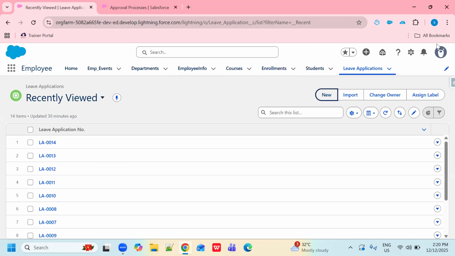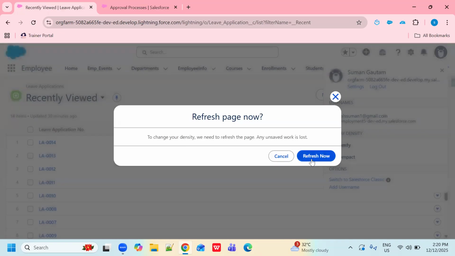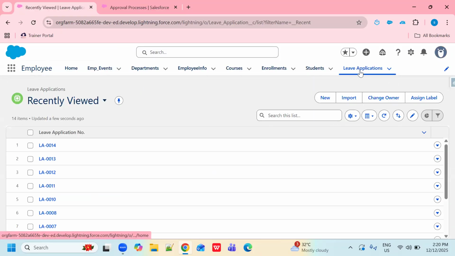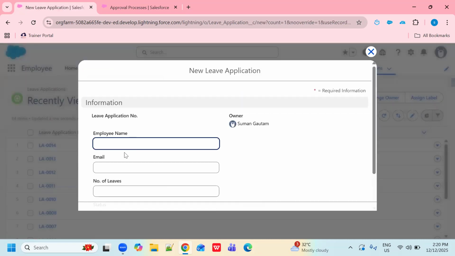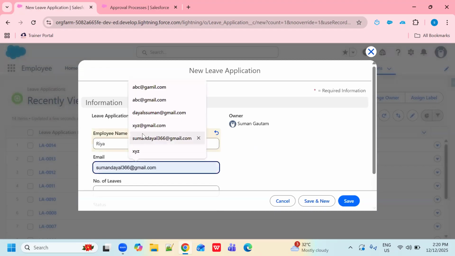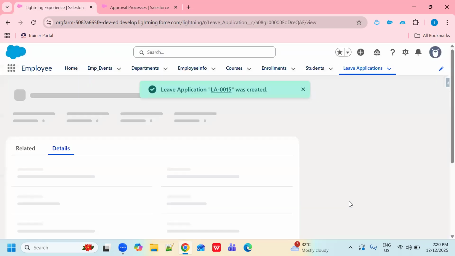So come to our application, just refresh, right? So I'm adding a new record. My employee name is Ria, and email ID is this, number of leaves are 4, and save, right?